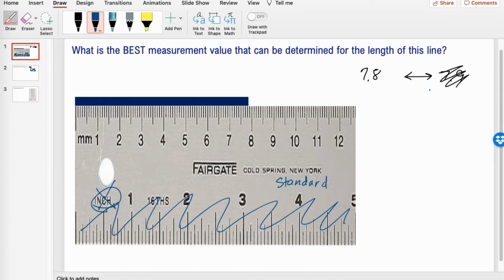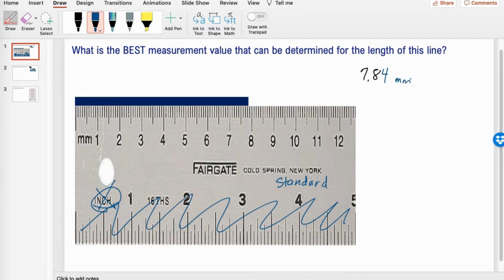So I'm going to come back over here, and I'm going to write 7.84. That is my estimated digit. All right, let me go ahead and get this stuff out of the way. That's the estimated digit, 7.84. But 7.84 what? Well, if you look over here, we see that there's millimeters. And so if you wrote 7.84 millimeters